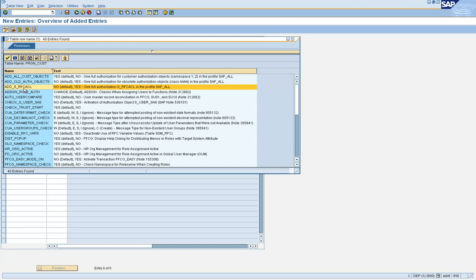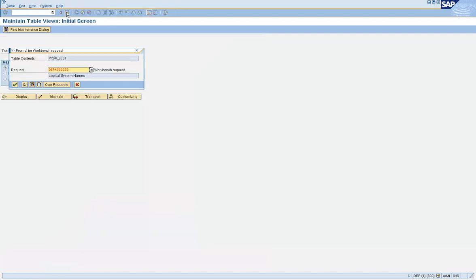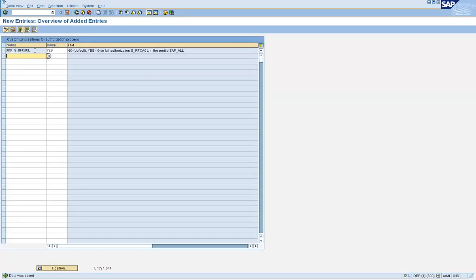So you'll have to create a role and put this object into the role manually and assign it to the basis administrator, or you'll set the value for this parameter as yes, which means you don't have to create a role which contains the object S_RFC ACL.